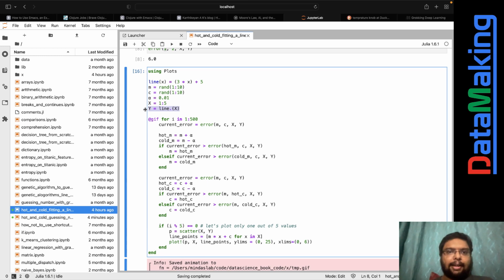And I'm just taking the current error, right? So I'm just having this hot m and cold m. If the current error is greater than the error, then m is equal to hot m. So that's what I'm doing. For this error, hot m goes in, and C and XY go in. Similarly, I should have put this error over here,